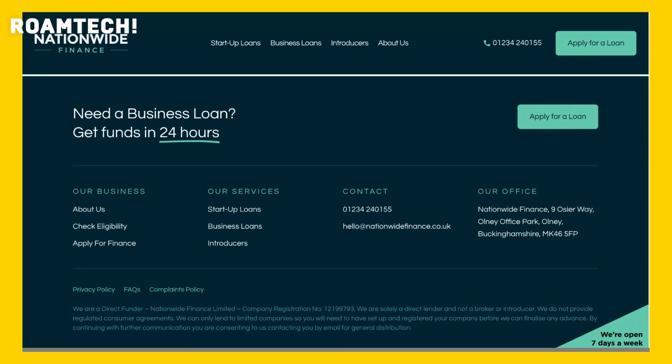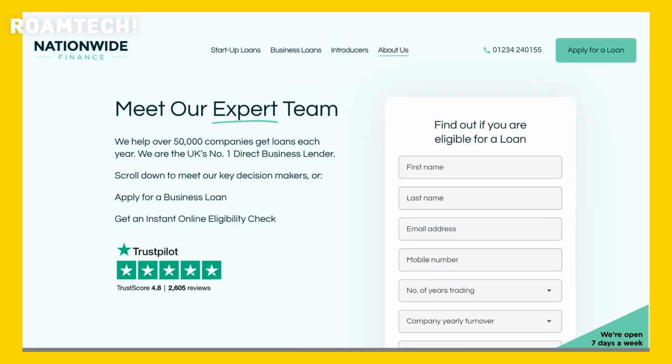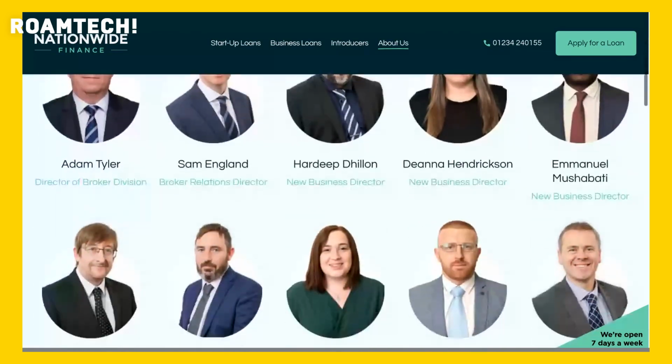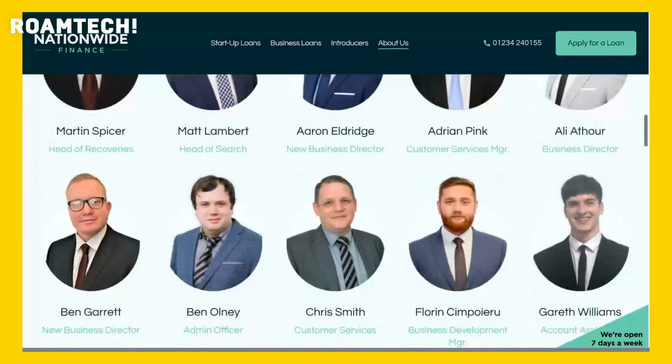Navigating the site can also feel frustrating due to a lack of clear navigation and a somewhat cluttered layout. Important information is often buried within dense paragraphs of text or hidden behind ambiguous links. This lack of user-friendliness adds to the impression that the site may not be professionally managed or prioritize the user experience. It's essential for financial service providers to present information clearly and concisely, which Nationwide Finance, based on their website,